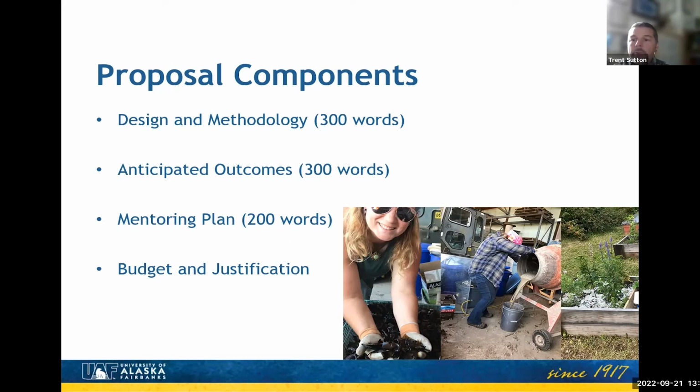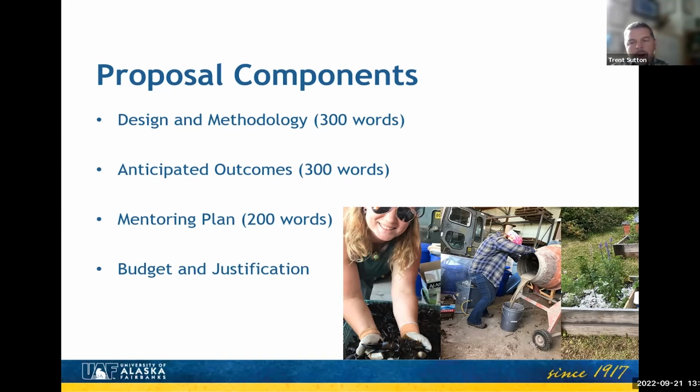So how are you going to work with your mentor on this project? What are the timelines you're going to be meeting from the start of your project to the very end? How frequently are you going to meet with your mentor? What are you going to talk about? Are you meeting weekly? Are you meeting every other week? Do you have designated sessions, or is it going to be more open-ended? What are the different milestones along the way?